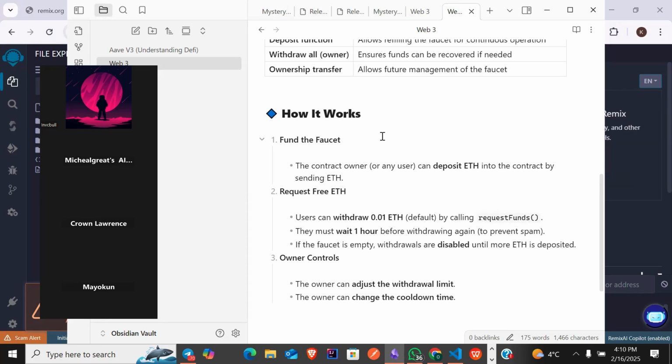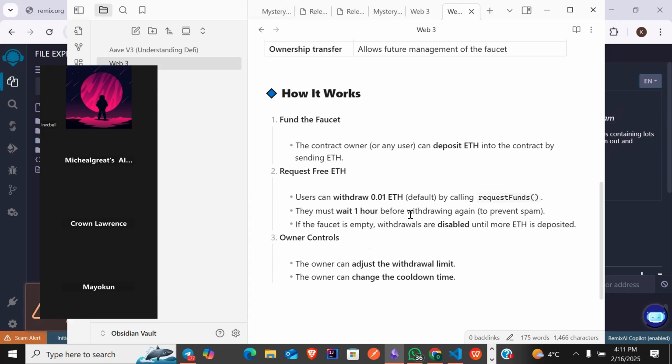So in this smart contract there are two types of users: the normal users, which is everybody, and the owner of the smart contract. In this case it's going to be me, or my wallet, because I am the one building this, and we'll be deploying it on the Sepolia Ethereum blockchain, which is a blockchain to sort of